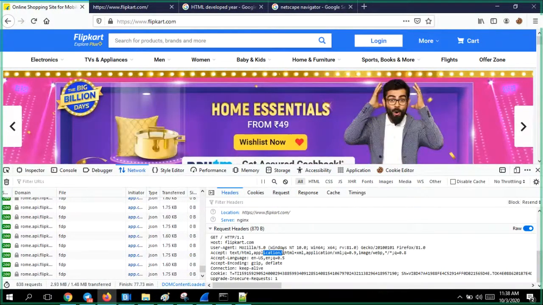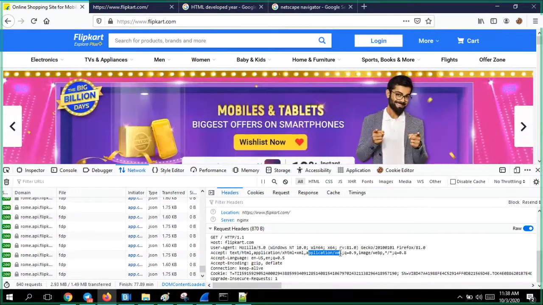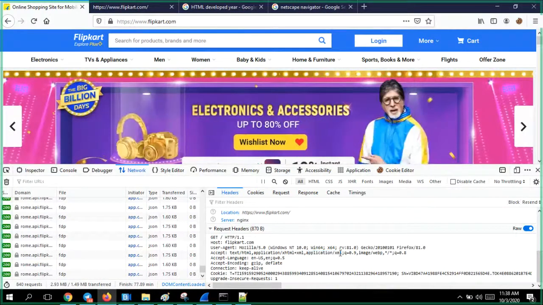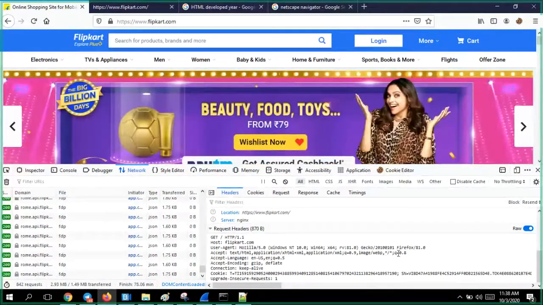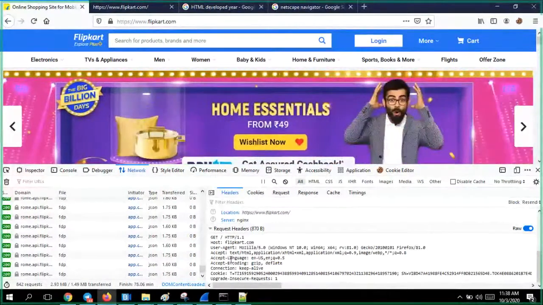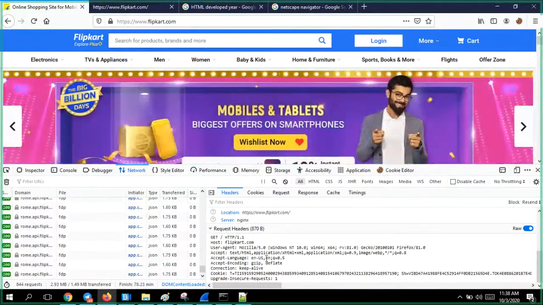If it is application data, I can understand XHTML along with XML. If you are sending XML data, I can understand it being a browser, and I know the browsers also. These things we'll see later, not required. Okay, these two Q values. And you are telling that my browser understands the English language.